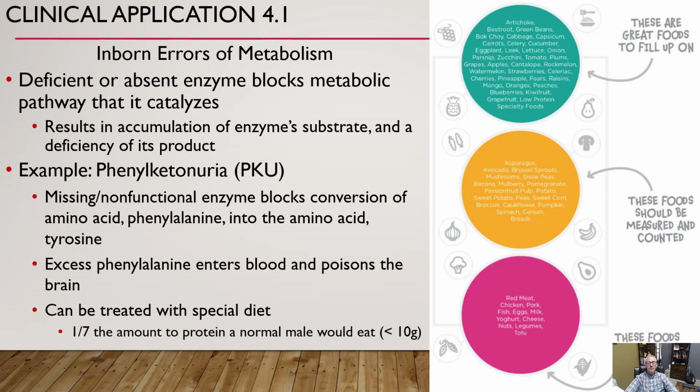All right, we mentioned phenylketonuria before. Remember, that's our protein deficiency, where that PKU, that amino acid builds up. And we can't eat as much meat as we would like. Actually, we have to eat about 1/7 the amount of protein as a normal male would eat. So you could eat, these are your good foods. Don't eat red meat, chicken, pork, fish, eggs, yogurt, cheese, nuts, legumes, tofu. But basically,